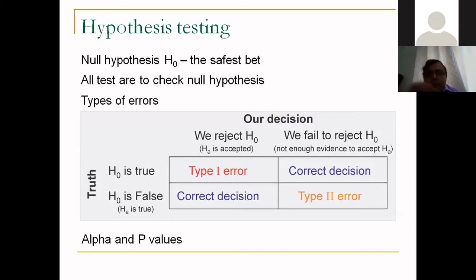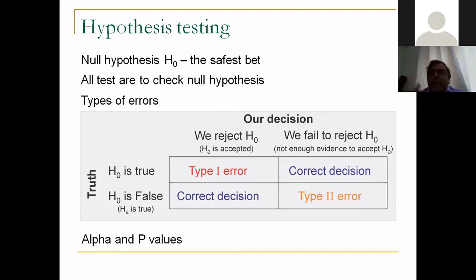In fact, in statistics, we are so afraid of committing type 1 error that we put a very rigid condition regarding when you should accept or reject a null hypothesis. And we do that by setting the alpha. So always remember, I've seen a lot of papers where people say that we set the p-value at 0.05. That's what they write in the method section, and that is wrong. You do not set a p-value, you set an alpha, or the threshold for committing the type 1 error. In most cases, we set it as 5% or 0.05.